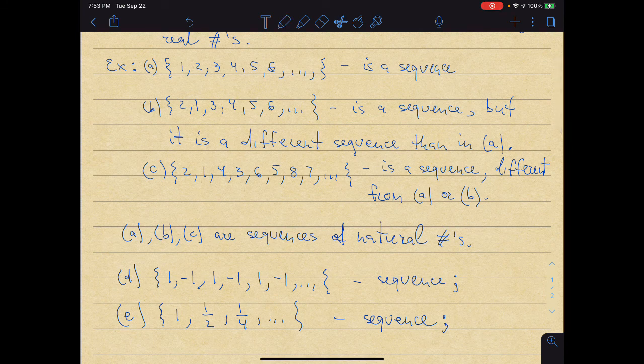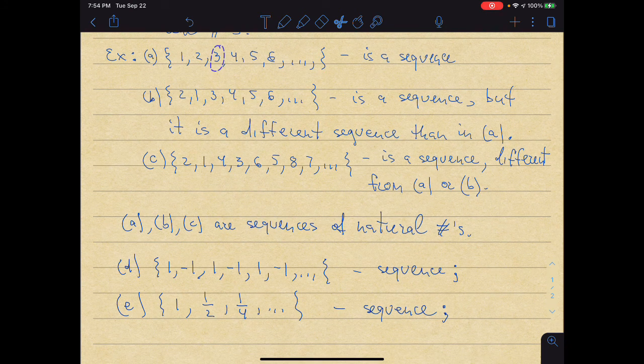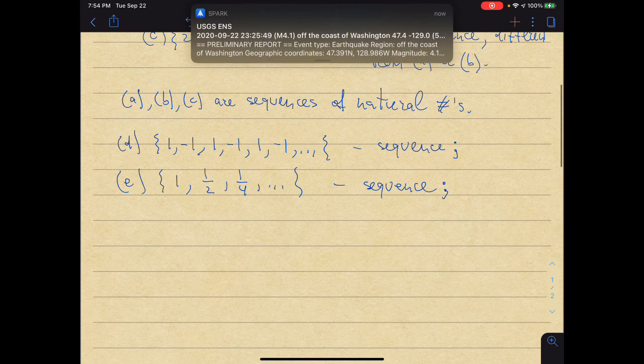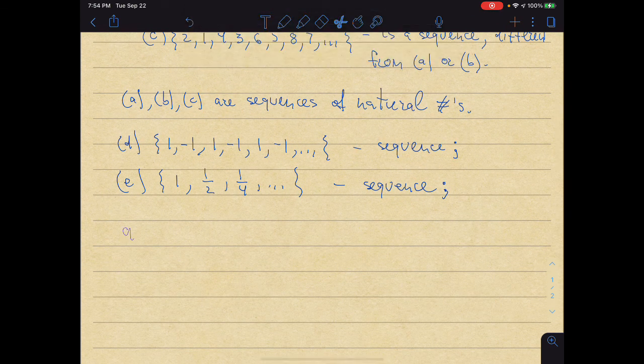So for instance, here at position 1 I have 1, at position 2 I have 2, position 3 I have 3. So the element of the sequence that I'm supposed to put, let's say, at the 6th position is 6. The element that I'm supposed to put at the 15th position, in this case, is going to be 15. So that means that I can specify my sequence in the following way. I'll specify each element as a function of its position. So alternatively, rather than listing elements,